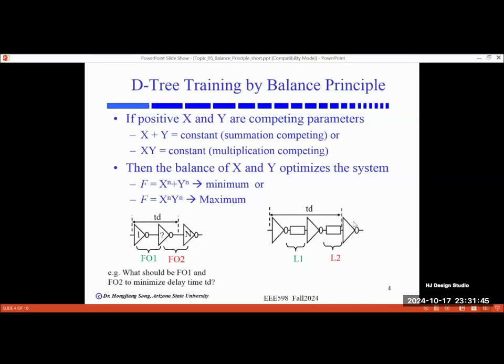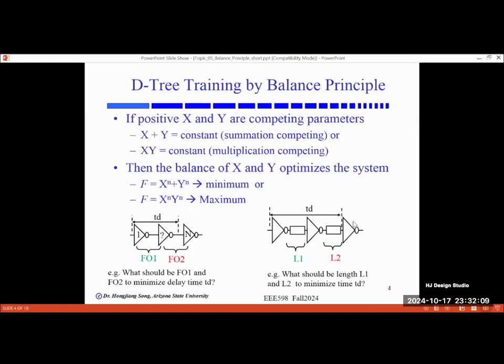In the second example, when you drive a signal over a long distance on the chip, we can break this interconnect into two pieces with A1 and A2 as competing elements, because the total A1 plus A2 will be a constant, the total distance. In this case, the balance of A1 and A2 also ends with minimal delay of